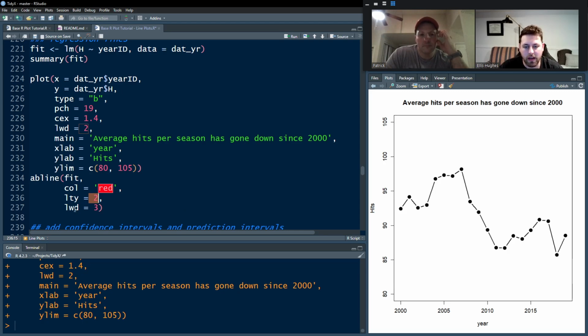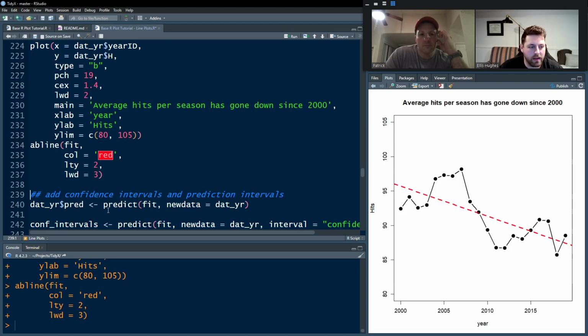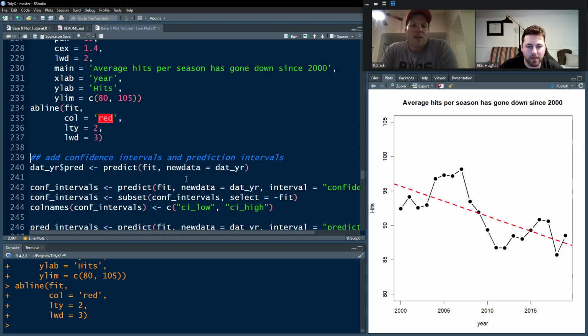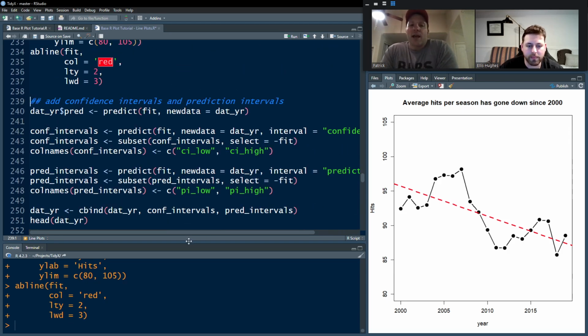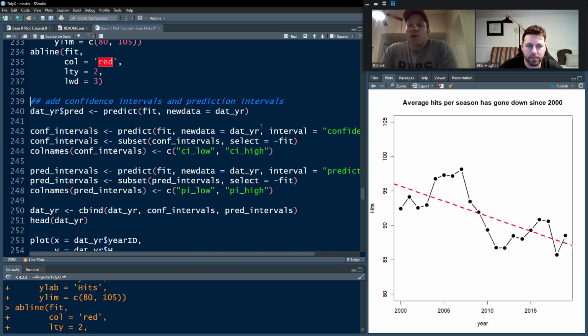And then line weight is 3. Would you look at that? It's a downward trend, like we said it was going to be. Now we see our regression line. And then the final thing we can do is just add to that regression line the confidence intervals